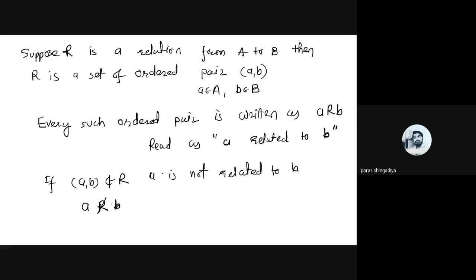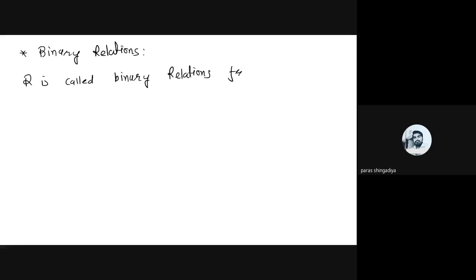And next, R is called a binary relation. So, the definition of binary relation: R is called a binary relation from A to B,